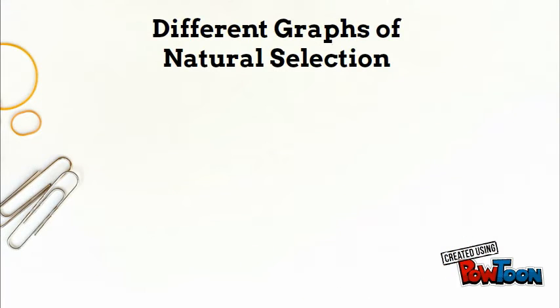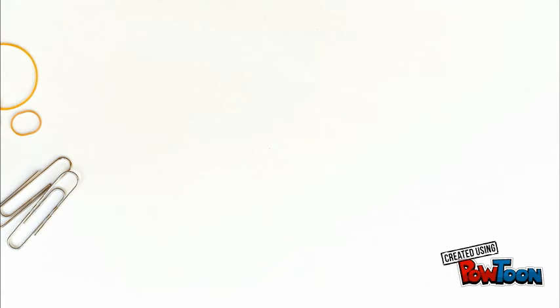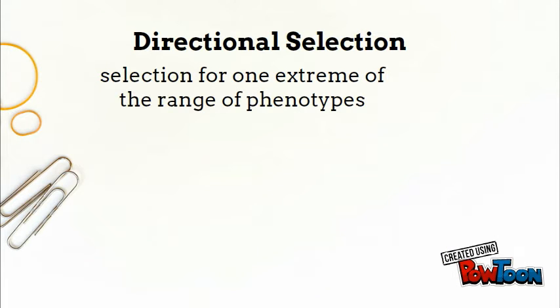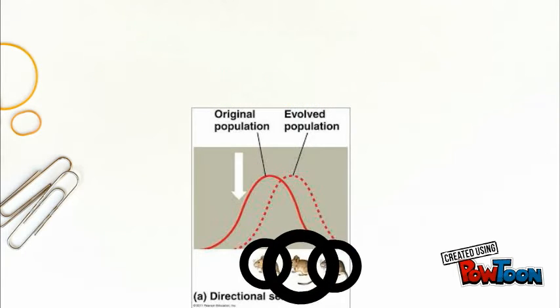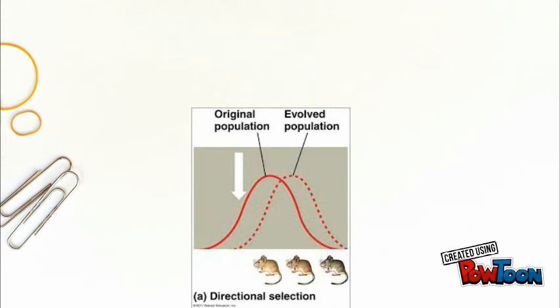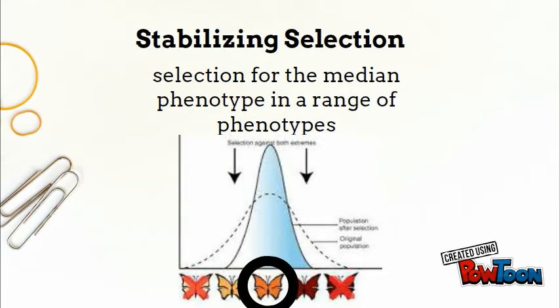Well guys, the AP test has a bunch of graphs, and natural selection is no exception. There are three graphs, called stabilizing, directional, and disruptive selection. Let's start with the easiest, directional selection, where one extreme phenotype is preferred in a population. For example, let's say the average fur color for a mouse is brown, and two extreme variants would be light brown and black. In directional selection, the black fur would be selected, causing a shift to one extreme of the range.